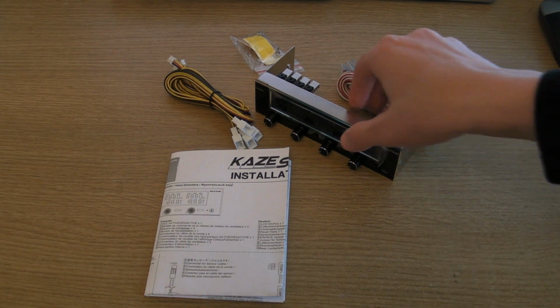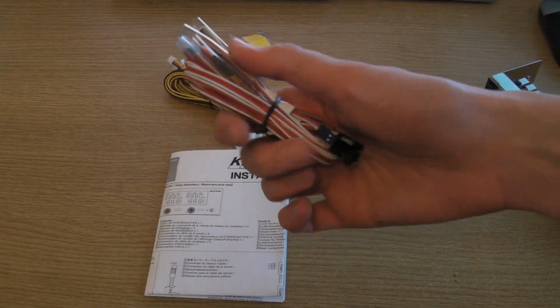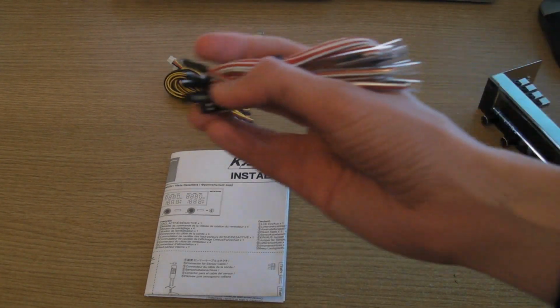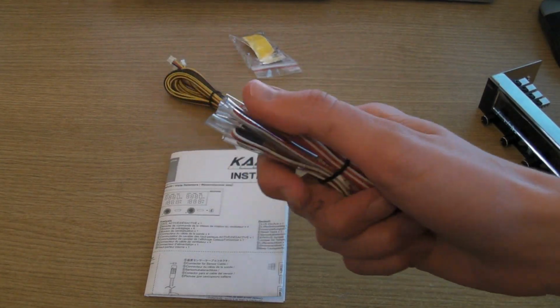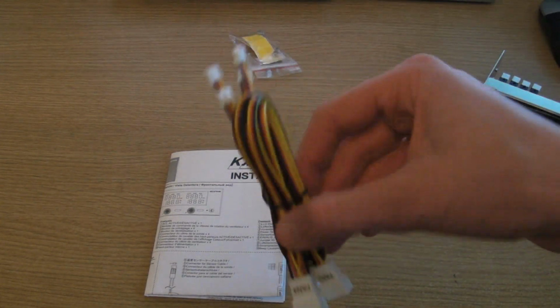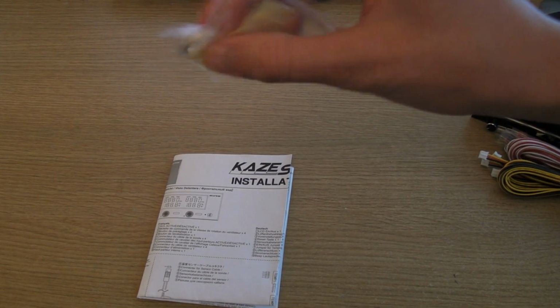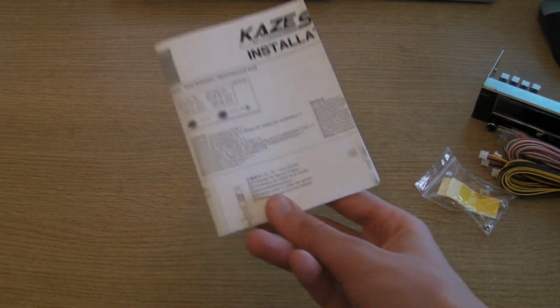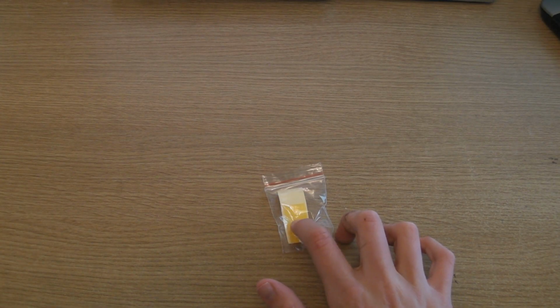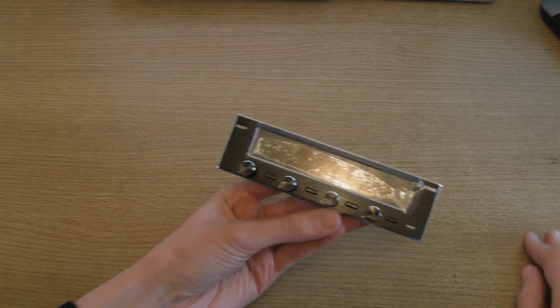In the box you'll get the fan controller itself, you'll get temperature readers, those connect to the device and those read the temperature. You have fan connectors, you have accessories and screws as you can see, and you have the installation guide. Just to point out, it does come with adhesive tape. Now this isn't a big product, so it doesn't need a long review, so let's go ahead and get this